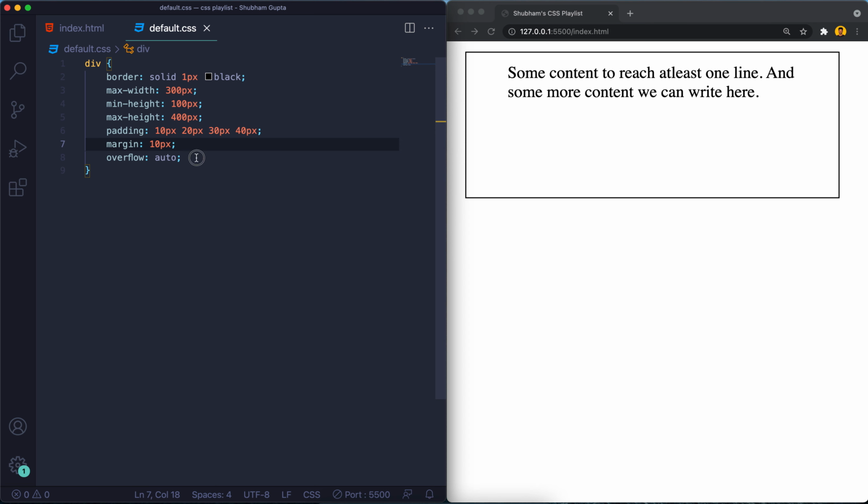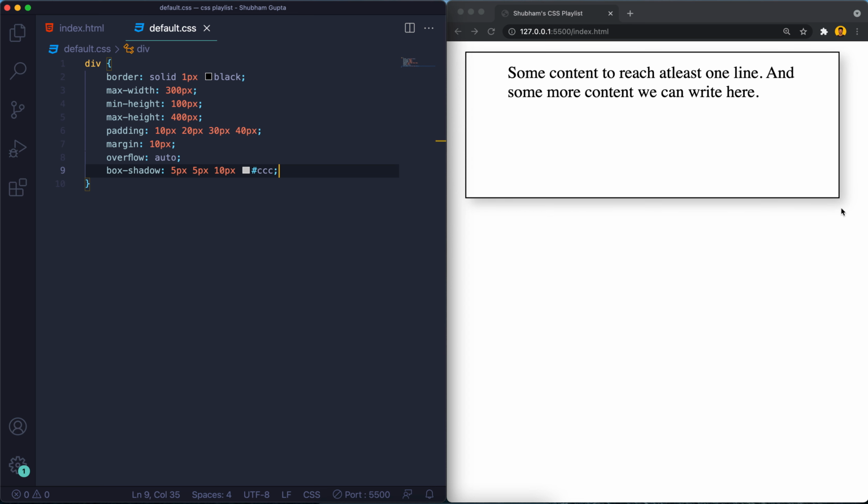Now there is one bonus trick which I am going to show you, which is box shadow. We can have a shadow to the right, like x-axis 5 pixel and y-axis 5 pixel. We can set how much blur we want, like 10 pixel blur, and we can give the color of the shadow, which can be hash CCC, a kind of gray color.